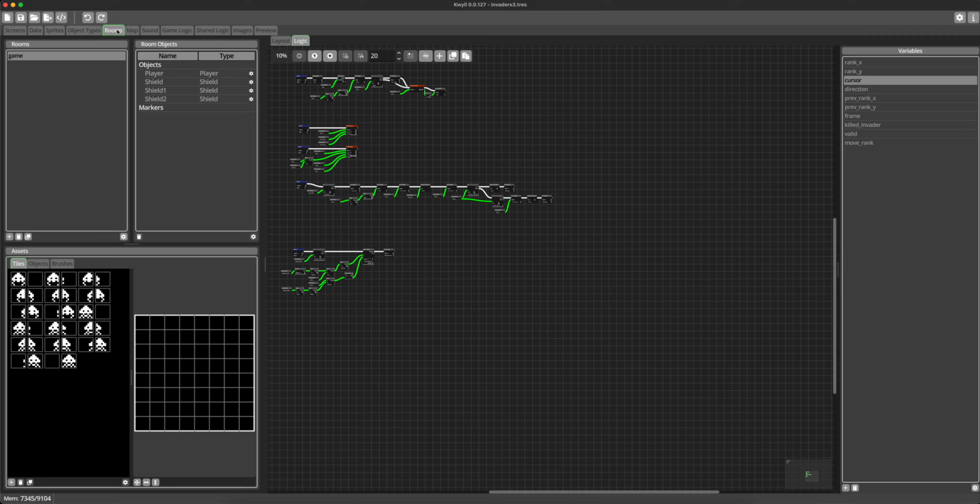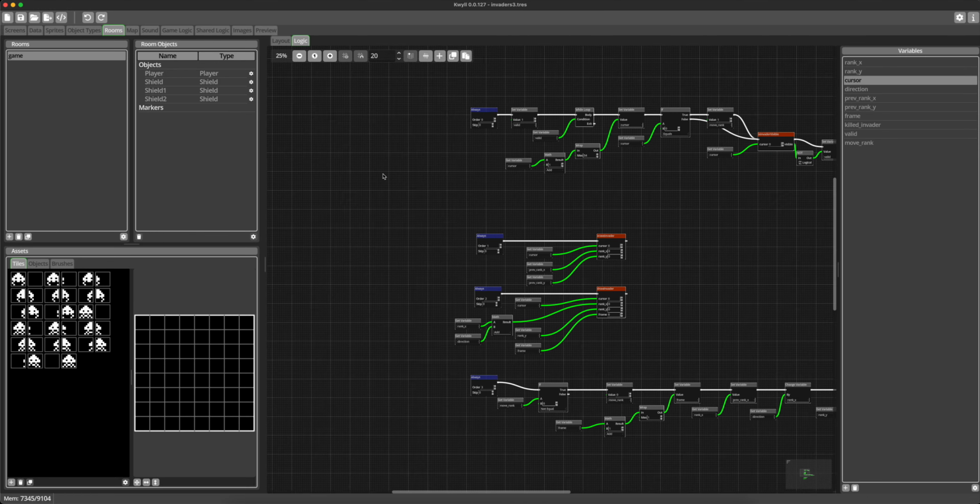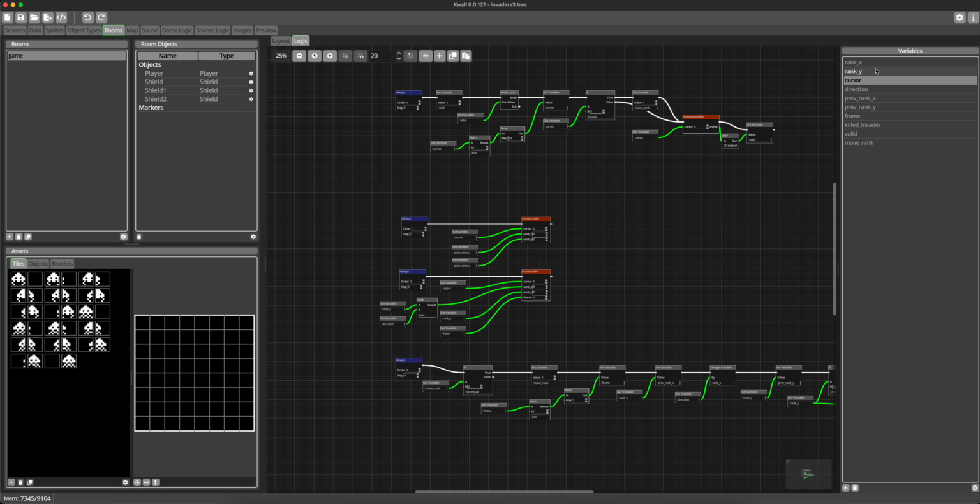So if I go to the room now, this is the logic on the room. We've got a bunch of variables on here: rank X and Y, the current cursor, direction -1 or 1 depending on whether you're going left or right, the previous rank X and Y, which I'll get into why that's important, and the frame for animation. Every time you complete a move of an entire rank, it cycles the frame between 0 and 1. So you get the alien invader enemy